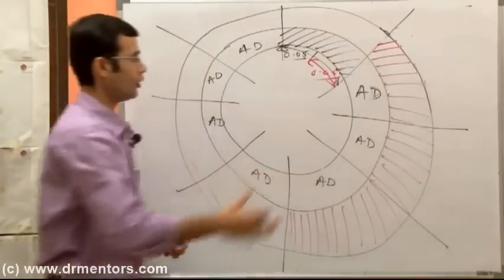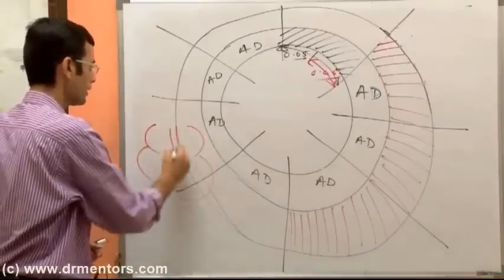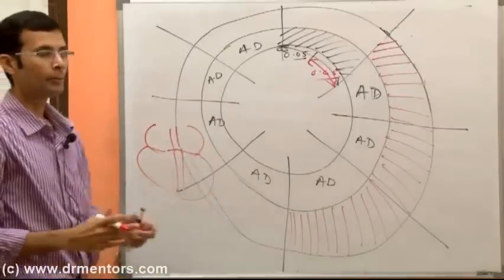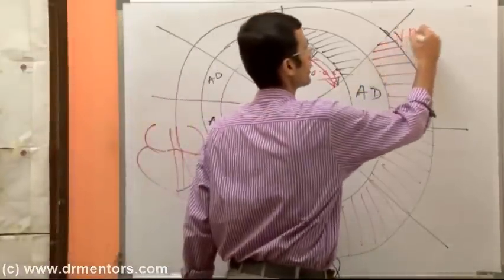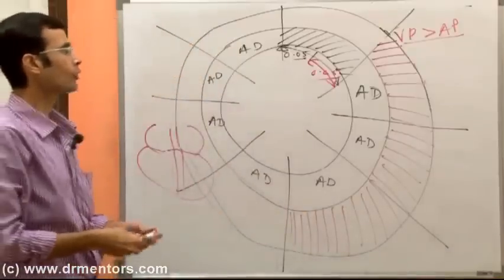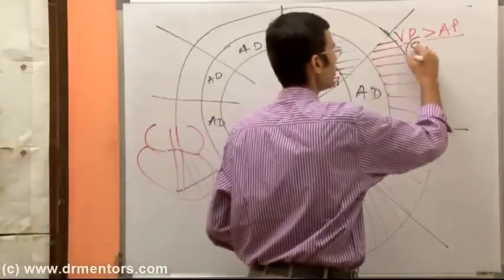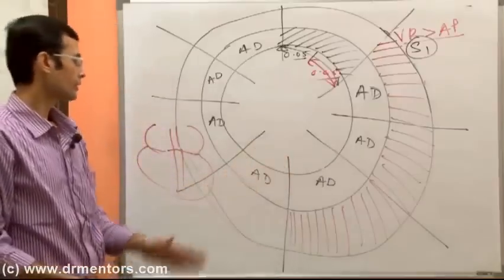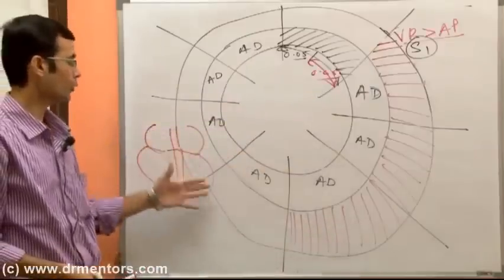At the start of ventricular systole, let us just have a diagrammatic representation here. At the start of ventricular systole, ventricular pressure increases and becomes more than the atrial pressure. And obviously, therefore, AV valves close, and that produces a sound called the first heart sound. So we know two things about the first heart sound: it occurs at the beginning of ventricular systole and it occurs due to the closure of AV valves.